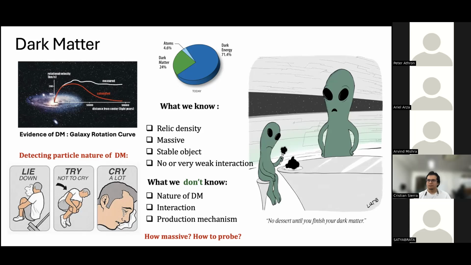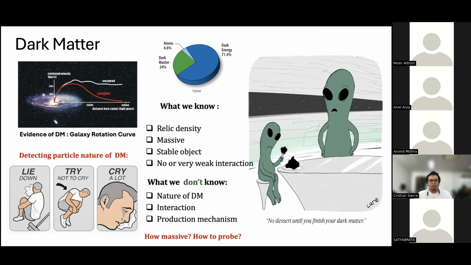We definitely know that it is massive. And since it exists in the universe, we know that it is stable. It's not decaying. We know that it either interacts very weakly or does not have any interaction with the standard model particle spectrum. What we don't know about dark matter is, again, its particle nature, how it actually interacts, and how it was produced in the early universe. So